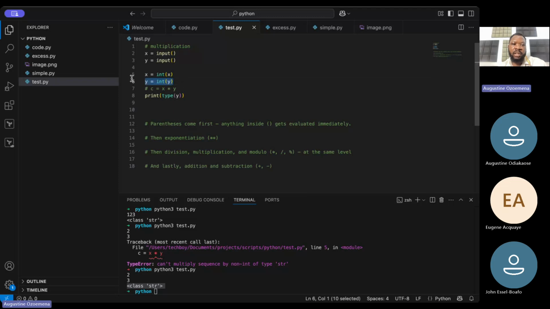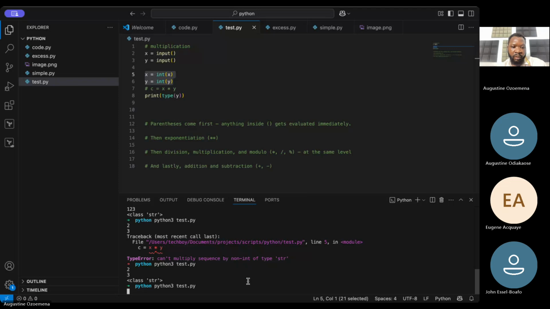Python knows how to do the conversion. You just need to tell it to do it, right? Once you tell Python to do it, it will do it. And now, if we run this code, we'll see that